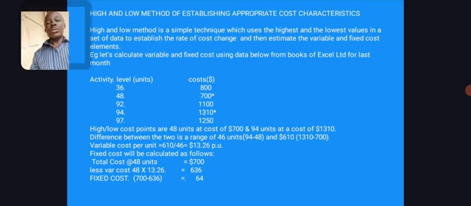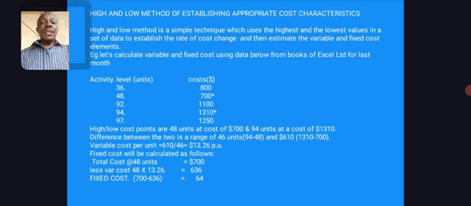Now, what about the fixed cost? You can also calculate the fixed cost in the same vein. Take, for instance, the least point there, which is the $700. The units for that $700 is 48. Now, what is the amount of variable cost in that $700? We multiply 48 by our calculated variable cost of 13.26. When you multiply it, you get